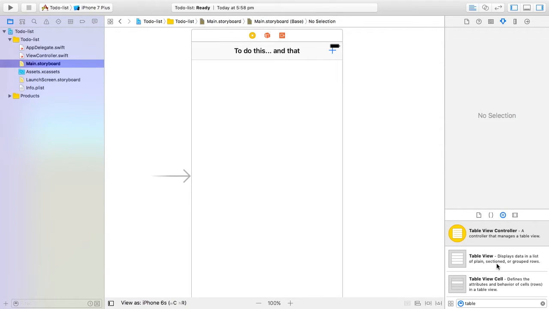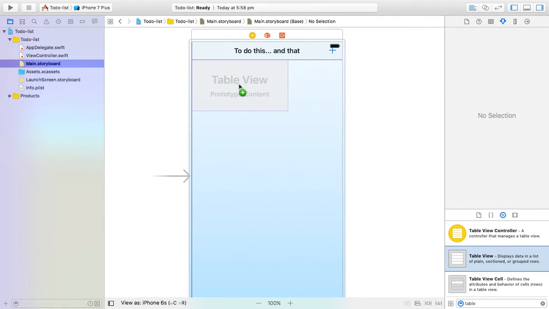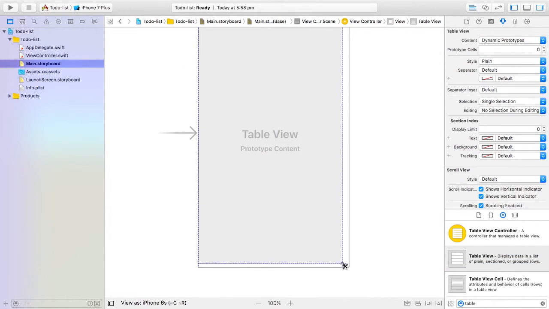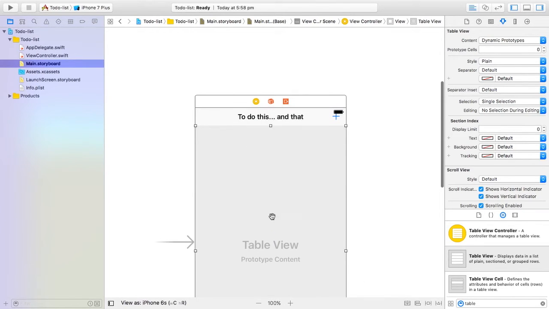Now, a table view is just like, you know how in Settings you have all the sections like General, Privacy. Those are table view cells, and so it's basically all the rectangular boxes, and we could add one here,